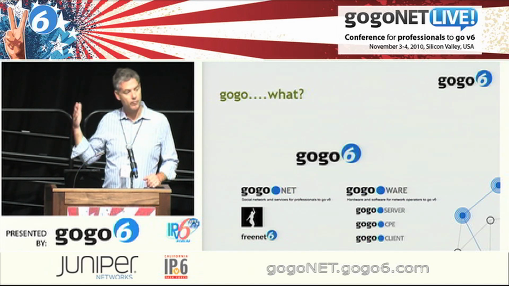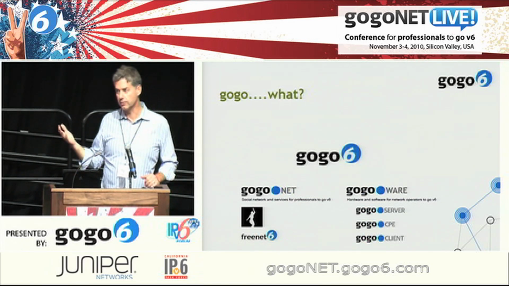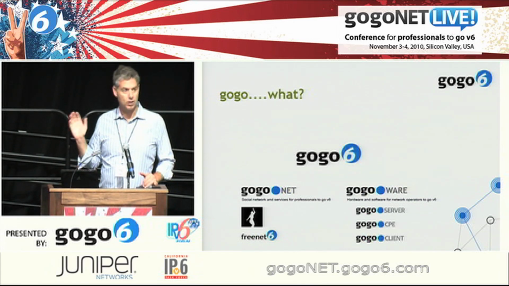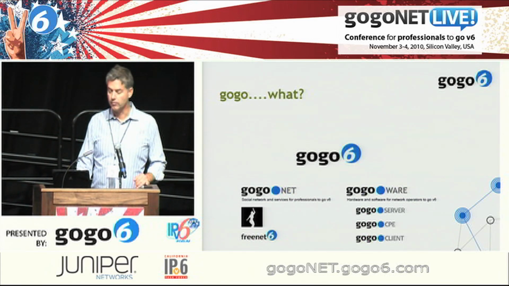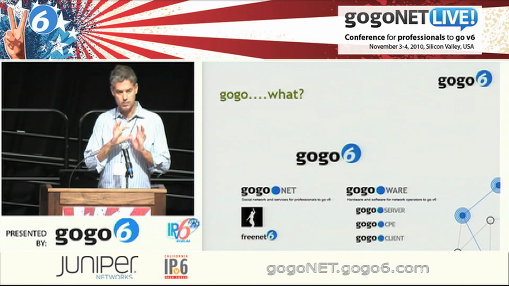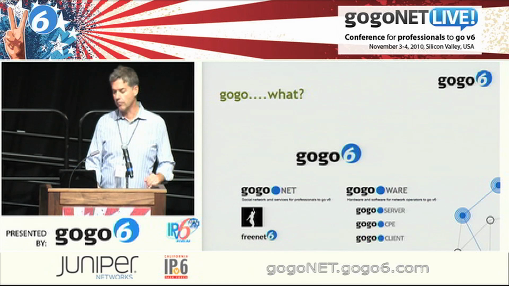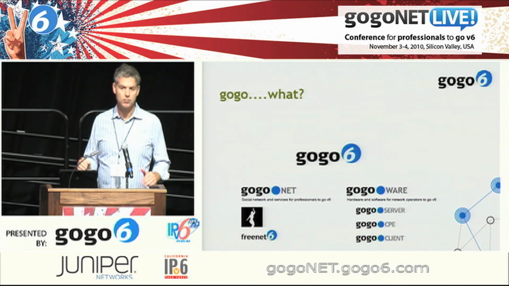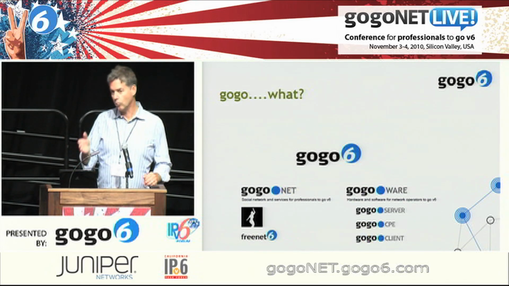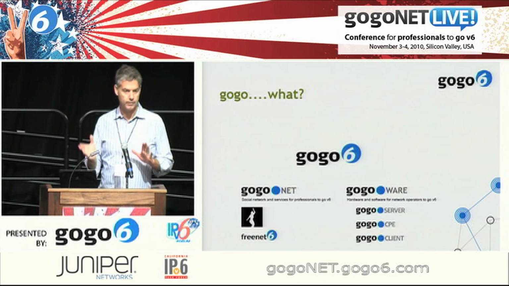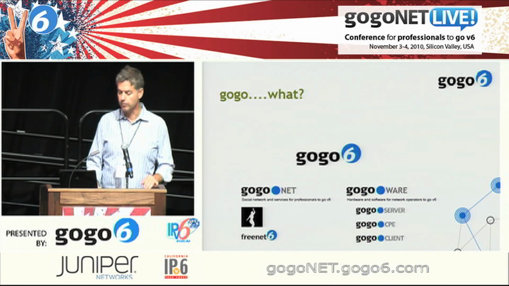And then we also have another part of our house which pays the bills, because as you know, the gogoNET is all free, and that's our GogoWare products. And we have the 3 products. You've seen the CPE, the Gogo CPE, a few times yesterday. That's a small device that plugs into the network. And then we also have a server. There's a client-server architecture, tunneling based, the Gogo server. And then what you use on Freenet 6 is actually the Gogo client. It's the free software client that you download to your computer.